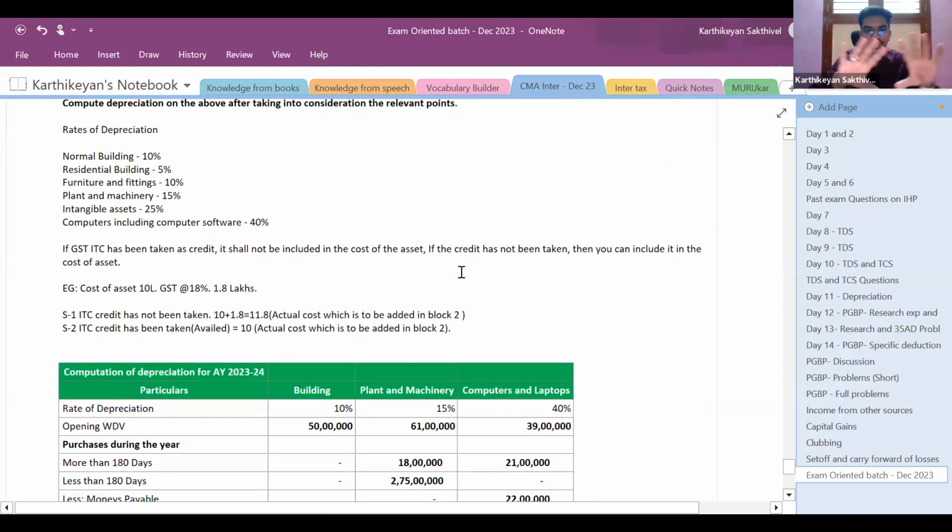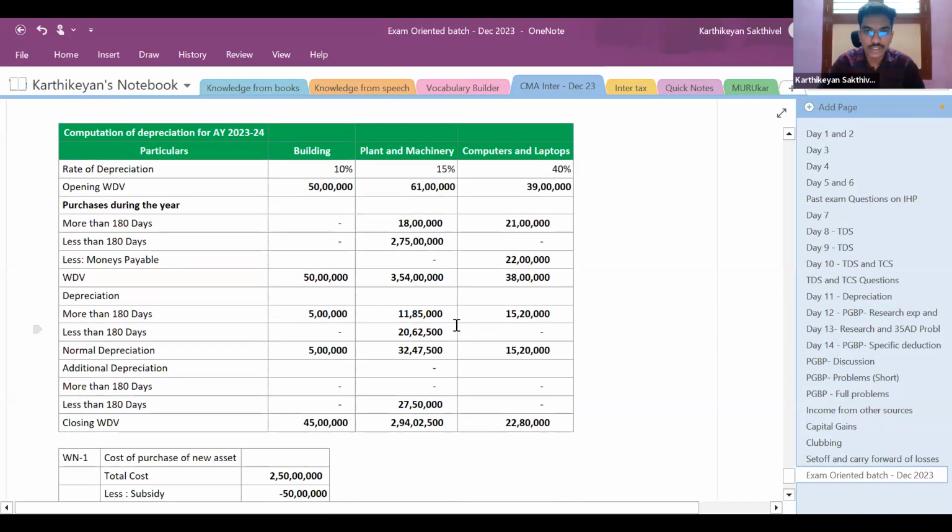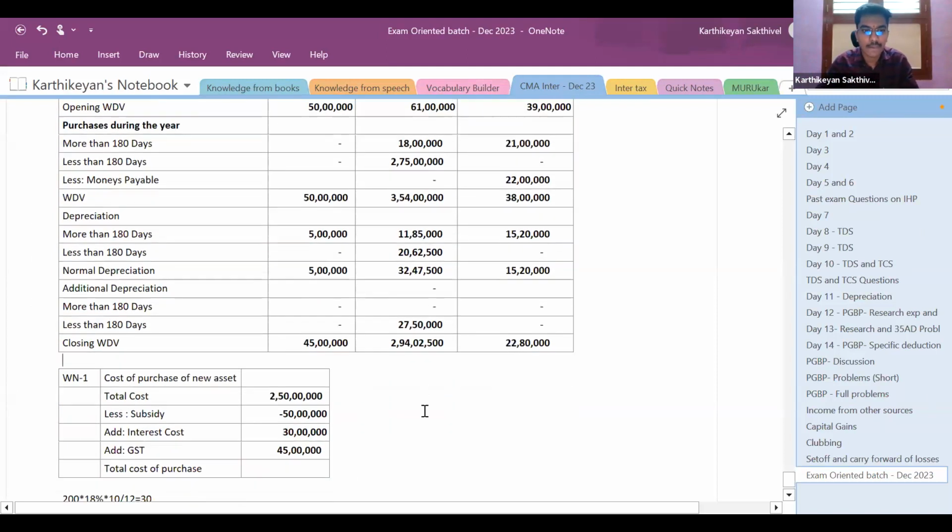So this is the most complicated depreciation problem. With this knowledge you can solve anything. Beyond this there will be 2-3 points. One is conversion of an asset. That might be tested in MCQ. So now I'll give you the questions. You can just have a look at it. If there is anything, you can just solve it. So is depreciation first clear? Yes. Is it clear? Yeah, I'm assuming it to be clear.